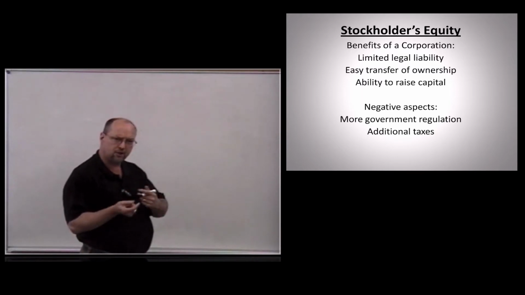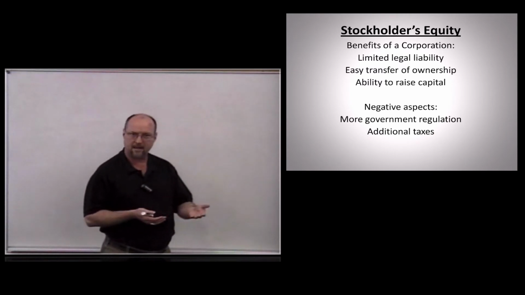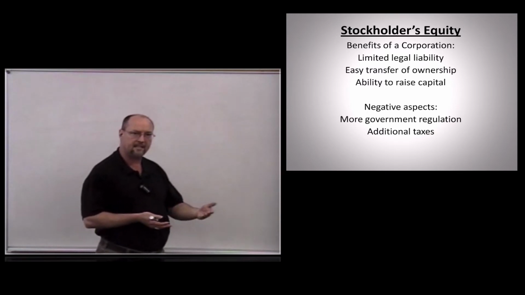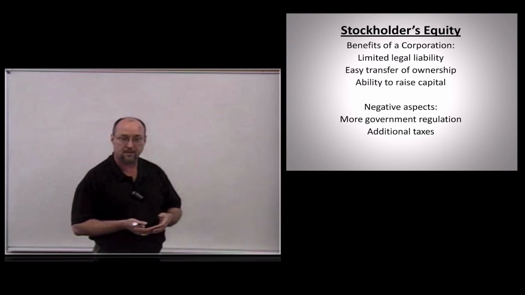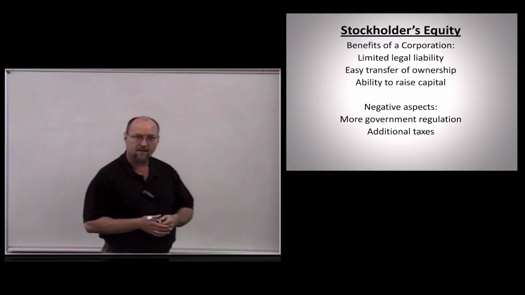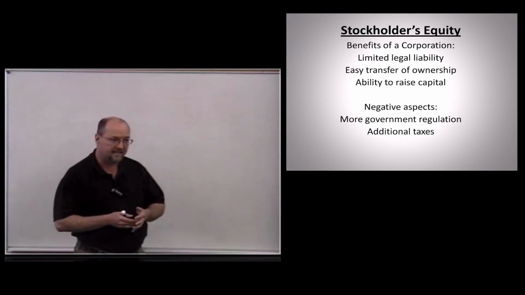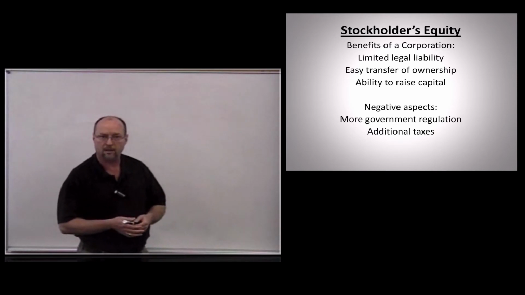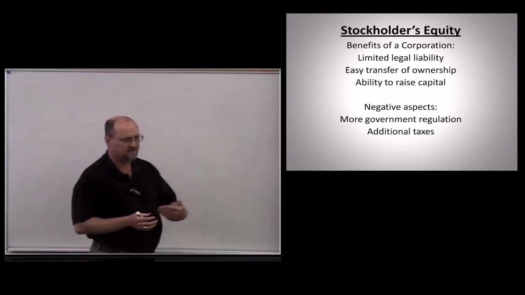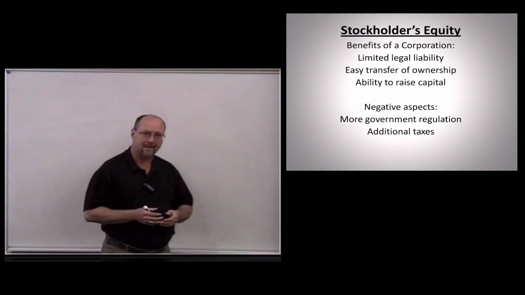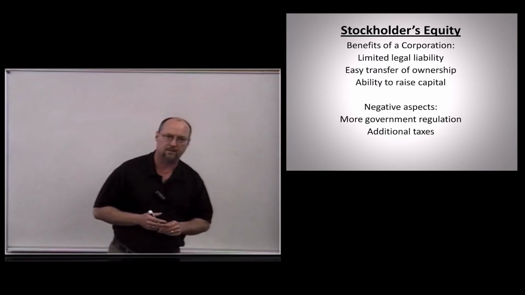We buy and sell shares of stock. We know corporations are either privately held, which is like a family business, or they're publicly held, or called publicly traded, because you and I can buy and sell shares of stock whenever we want in these companies. Simply open up a brokerage account, have sufficient money in there, and you can be in and out of a stock in 5 minutes if you want. So it's very easy to transfer ownership, and this has facilitated the ability for big companies to raise large amounts of money. Capital's a fancy word for money.